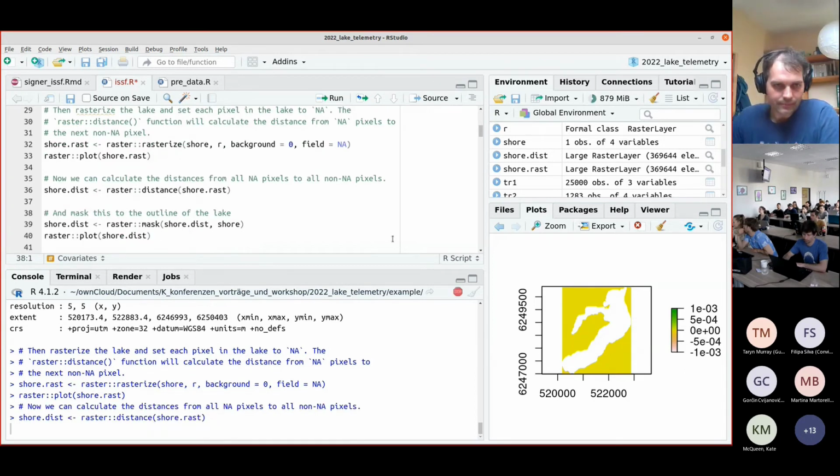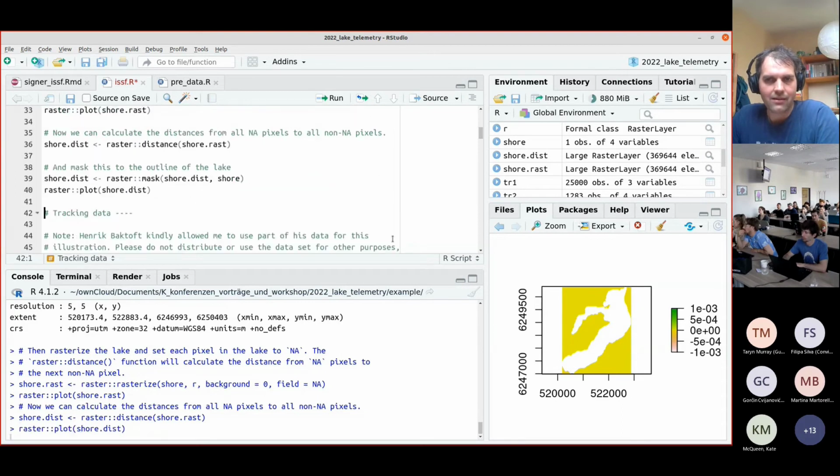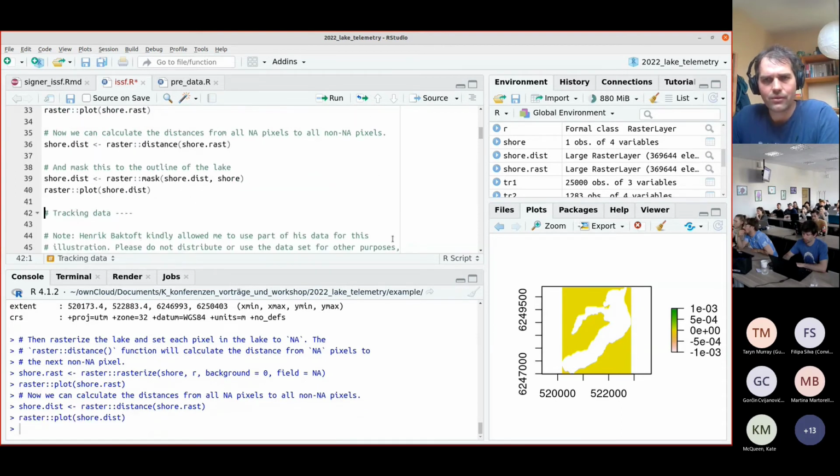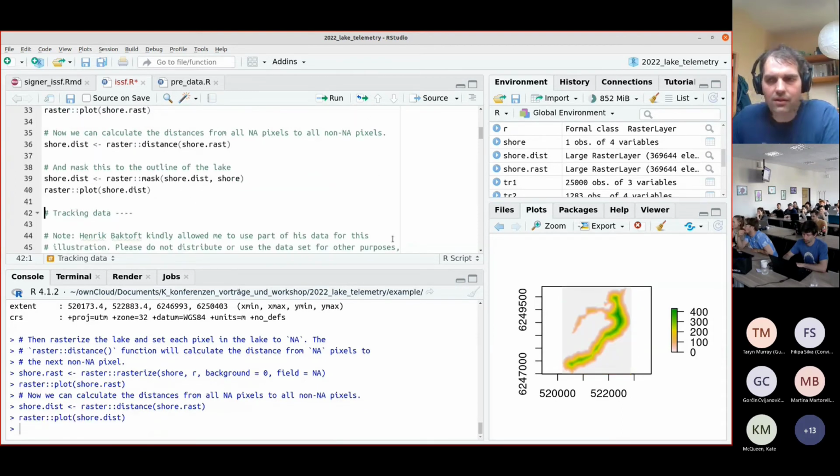If you do that, it should take a few seconds, but not too long. Then we get the distance to the shore like this. But I intervened here with an additional step, and I mask. So the mask function makes everything